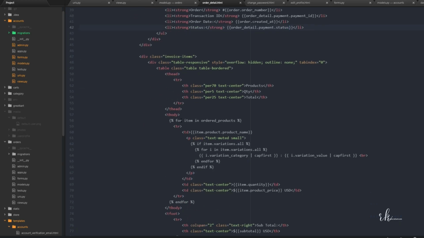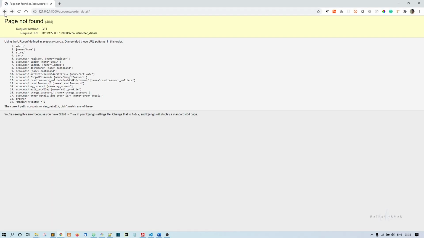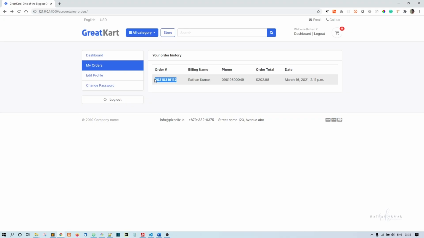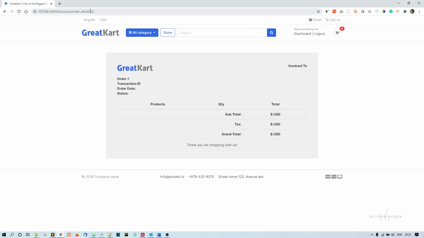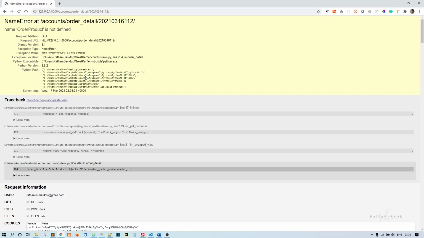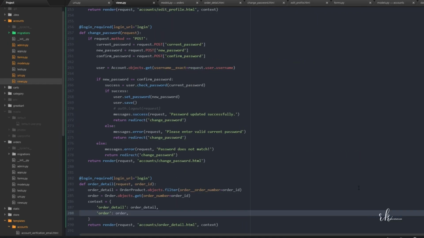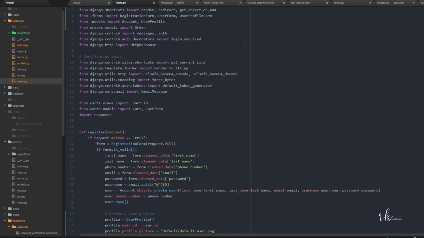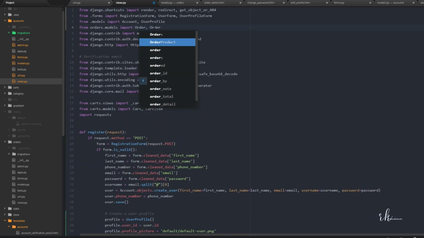All right, so now this is order products. So this will be order detail: for item in order detail, item dot product name. So let's see if this is working properly. So what I'll do, I will just copy this ID. Okay, copy this ID and I'll pass it here. Okay, order product is not defined. All right, so this happens every time. I'll go and fix this and say order product,